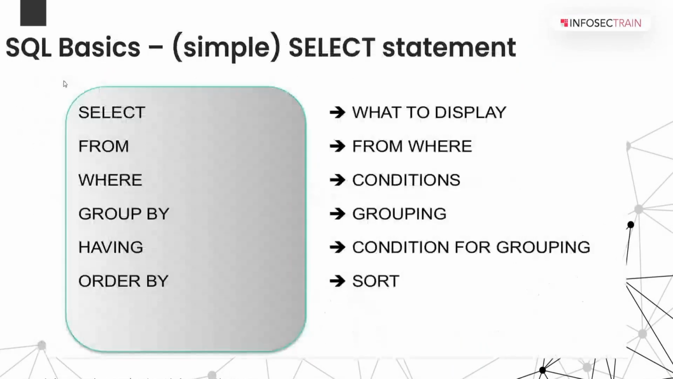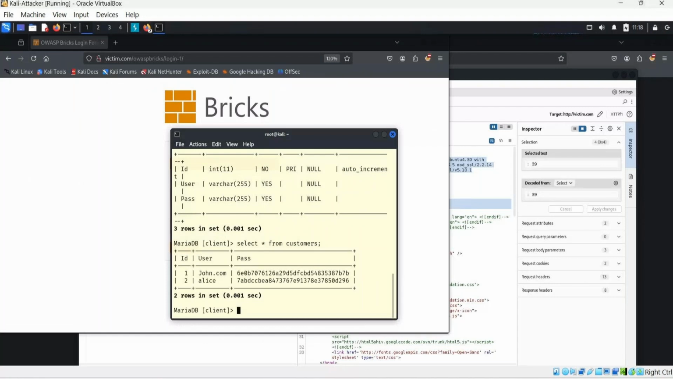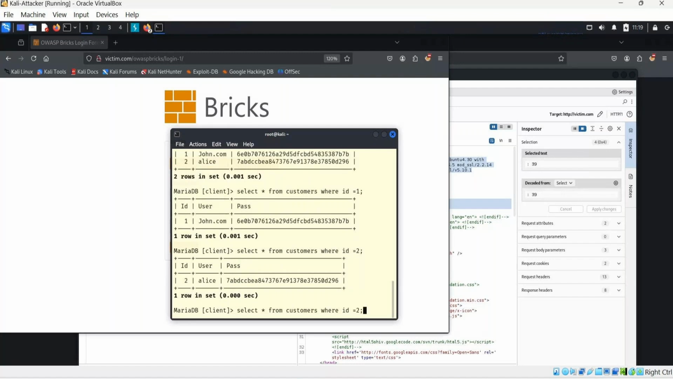Okay, so let's talk about a bit of this. I'll show you practically how this works, right? So this is select star from customer. Let's say if I want to fetch something based on a condition, there is a where clause, right? So I will use select star from customer table, and where I say ID equal to one, it will give me John. If it is 2, then it gives me the second row, and if I change the column and write